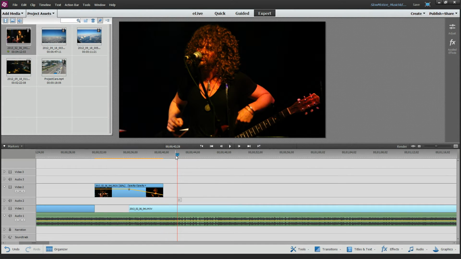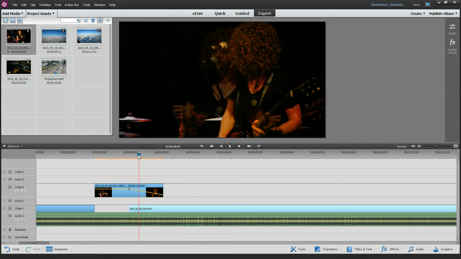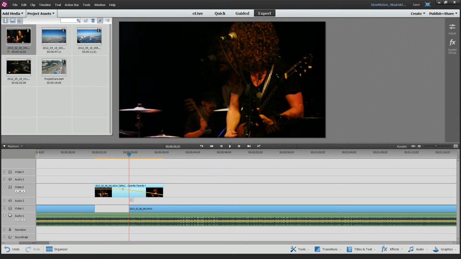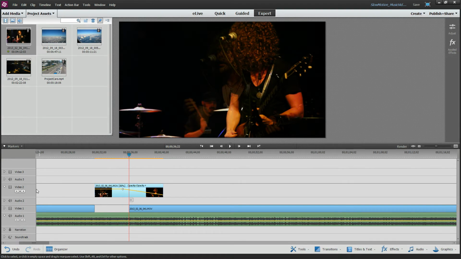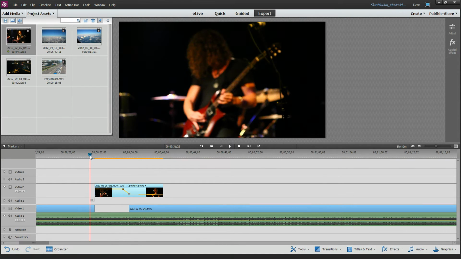Now that was probably way too slow, so right around in here, actually let's drag this over a bit, and then page up, and let's add another keyframe. Sorry, I hit the wrong button. Hit the little arrow here to go to the next and previous keyframes. Now we'll drag him down much quicker, so it's going to have a very quick fade, and then it's gradually going to drop off.